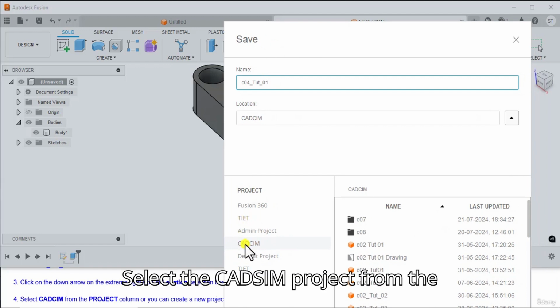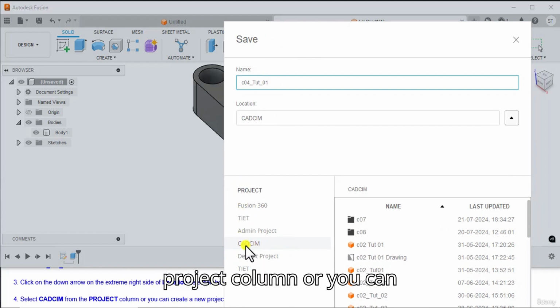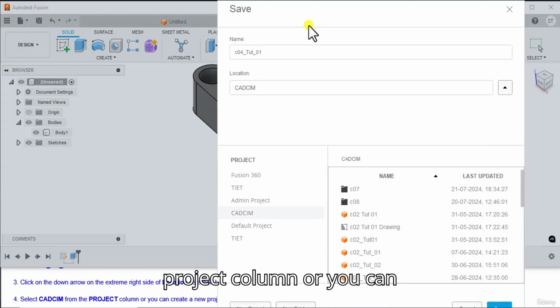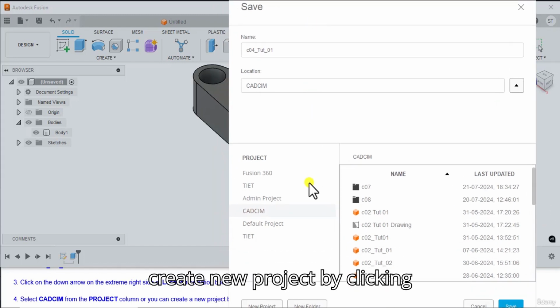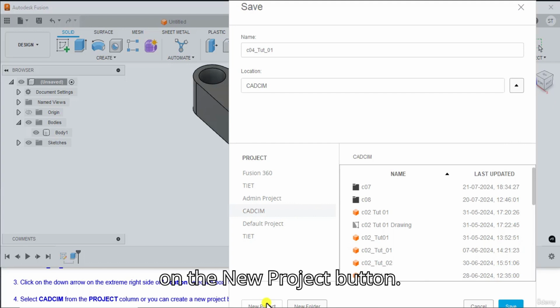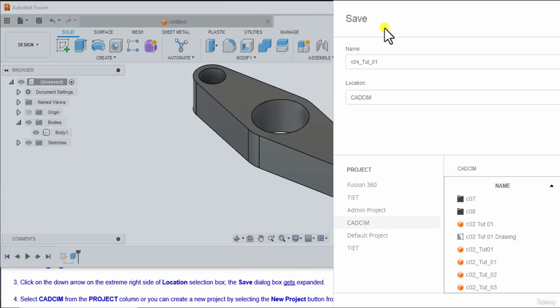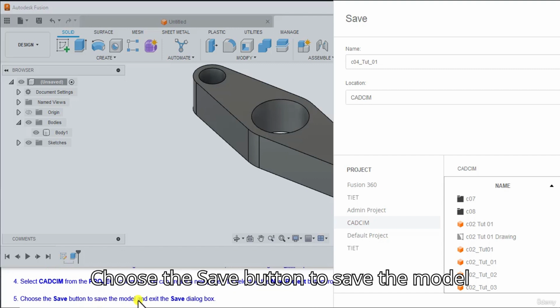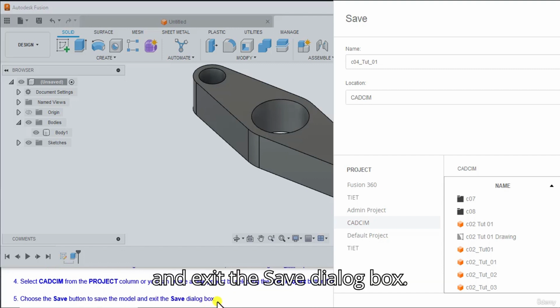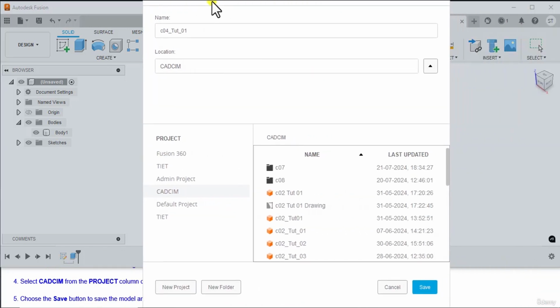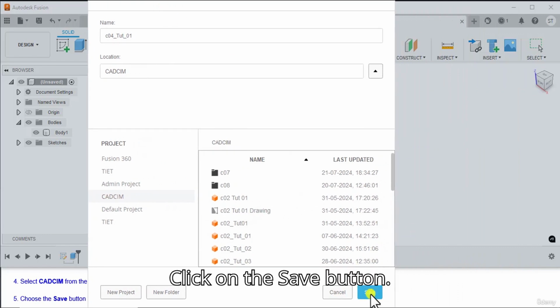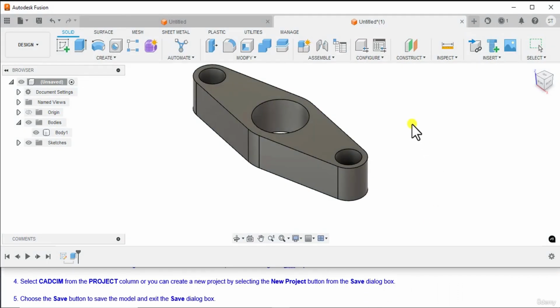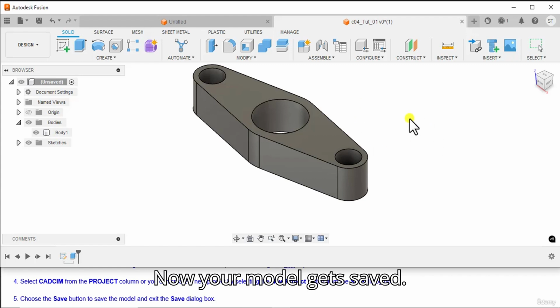Choose the Save button to save the model and exit the Save dialog box. Click on the Save button. Now your model gets saved.